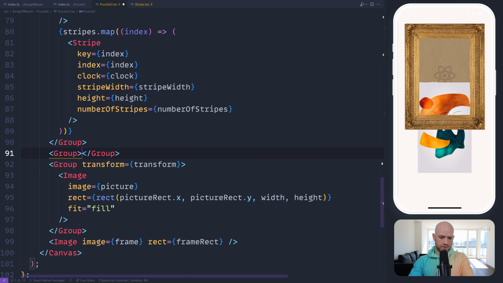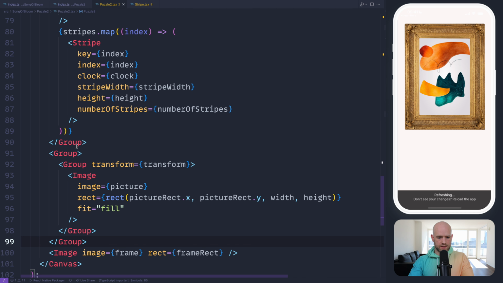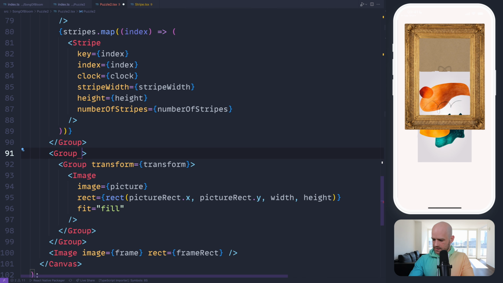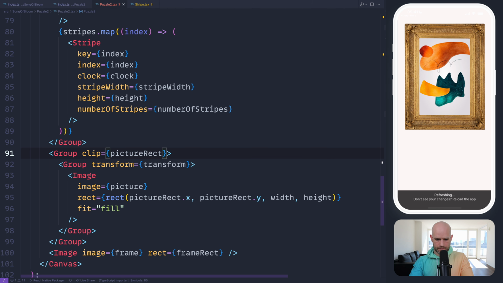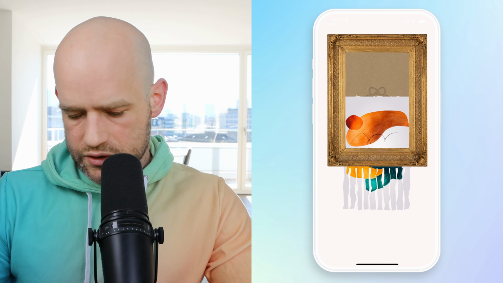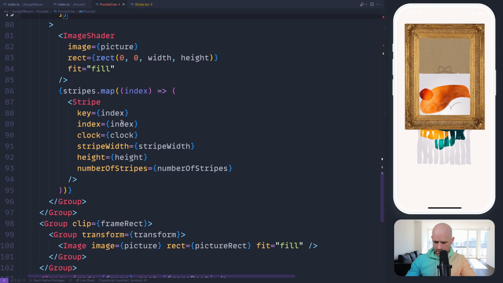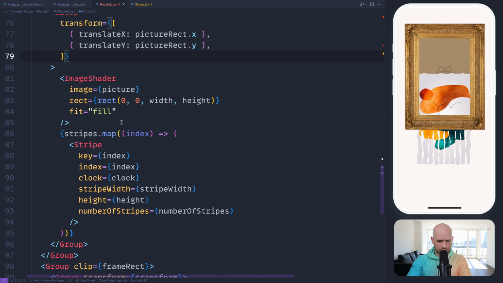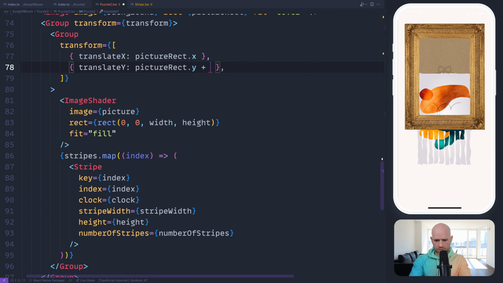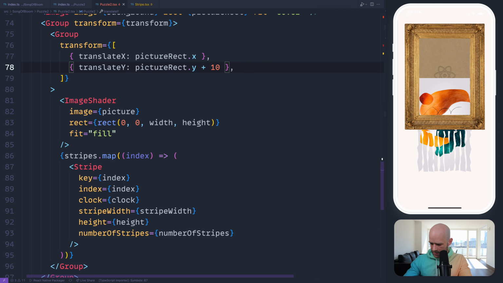And now we need to clip this one. So I need to put here an outer group because we don't want the clipping to be affected by the transformation. And I'm going to simply clip by picture rec. Let's see. So that looks good. The clipping can be slightly refined. And in fact, I think I want here maybe to add 10 or 20 to the translation so we don't see the top.